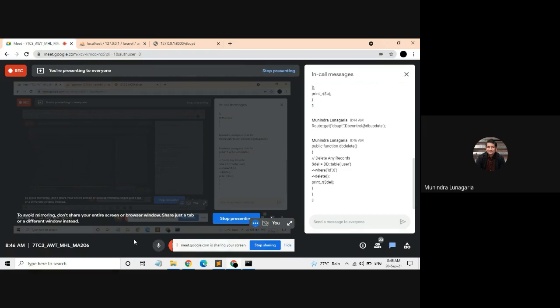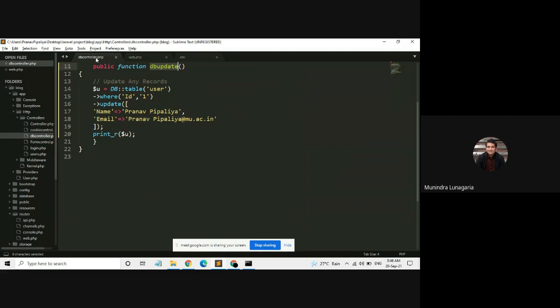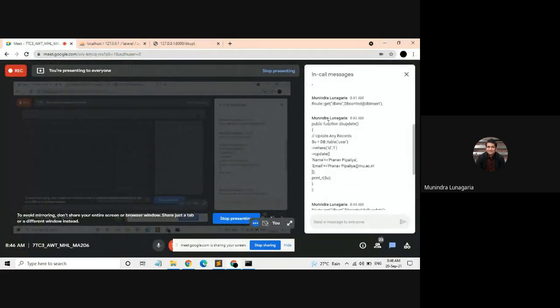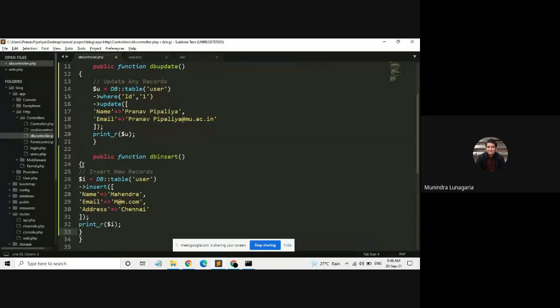Kindly execute one more time with a different value in insertion, so that we have two records. Let me give you the insertion code. Kindly insert a different value.